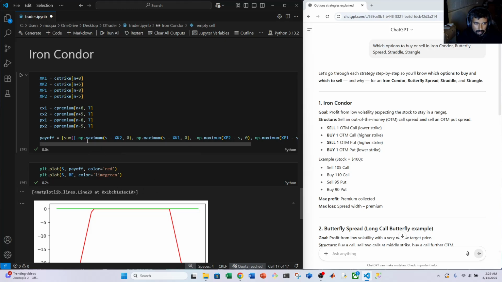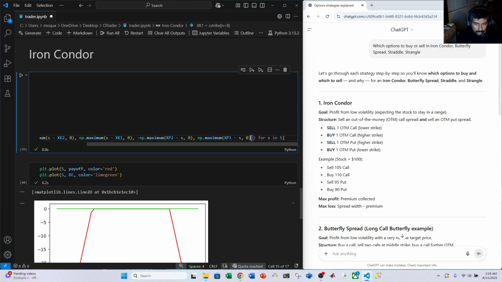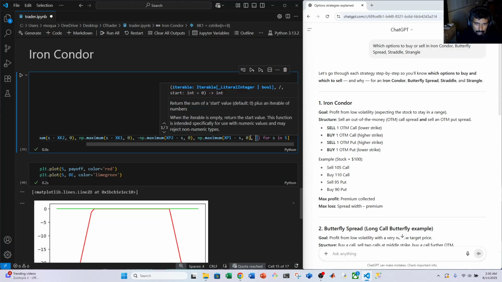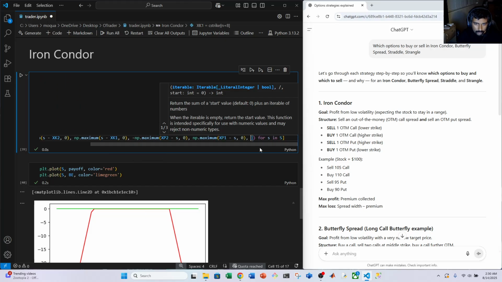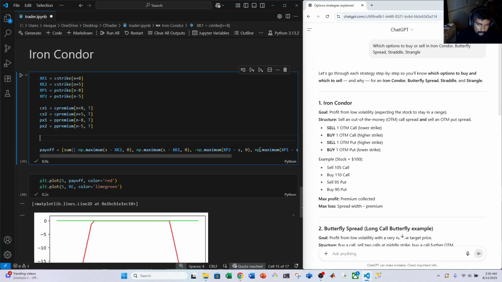Oh, that's why it wasn't profitable. I forgot the key part of it, which is the premiums. Actually, this is what I'm gonna do. I'm gonna come here and just type in option cost, because there's a lot of options on this. So I'll do options cost equals, so xk2 call sell